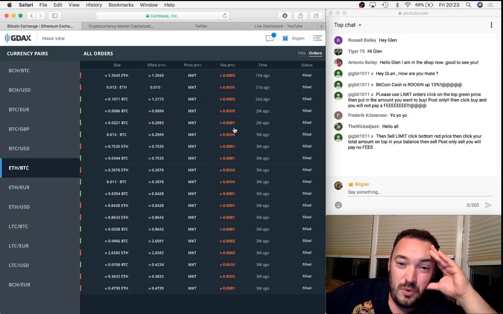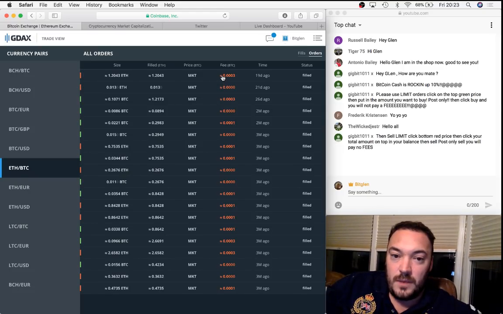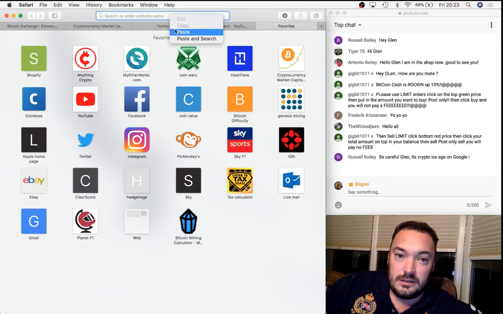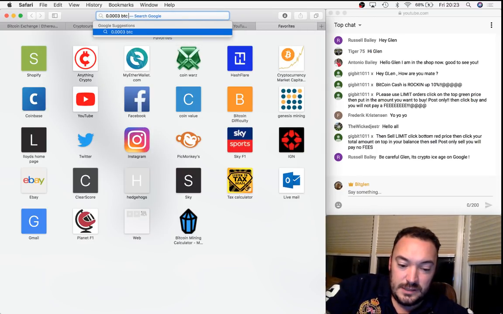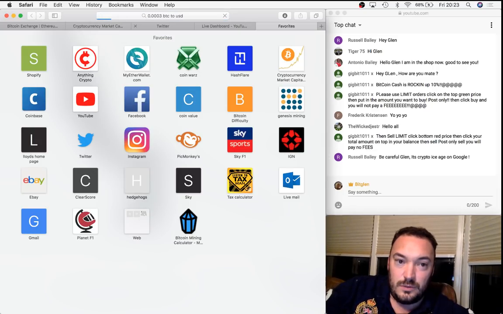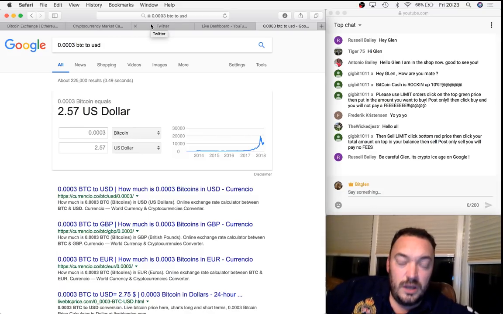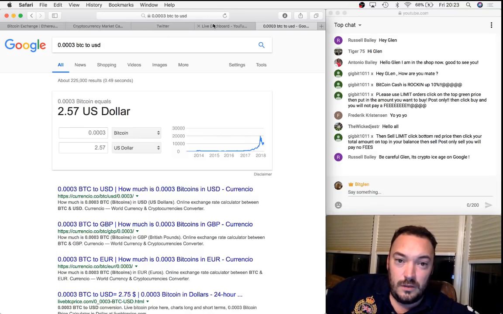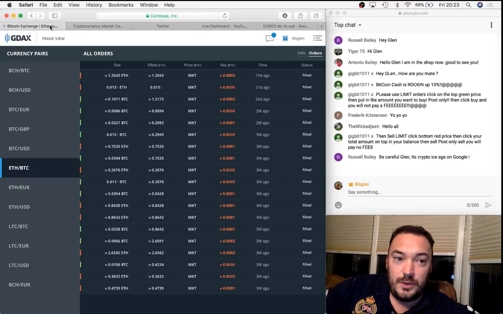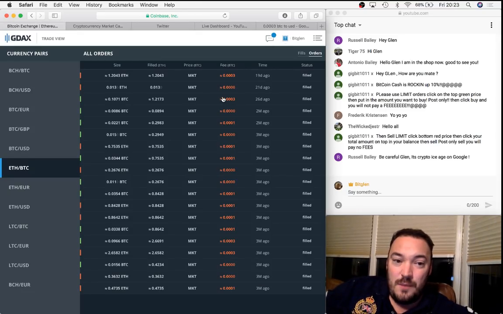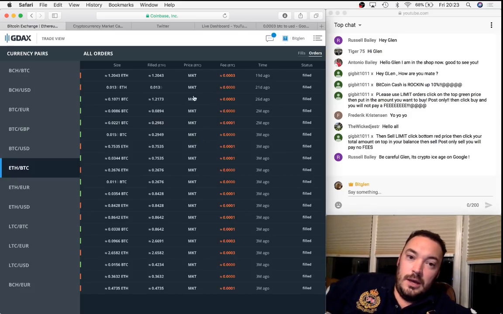0.0003 of a Bitcoin every time that I do a trade. So every time you swap between currencies, that's how much you'll pay. And let's see how much that is in BTC to USD, so we all know where we stand. $2.57. So every time that I'm doing a trade, that's how much it's costing me to do that trade,